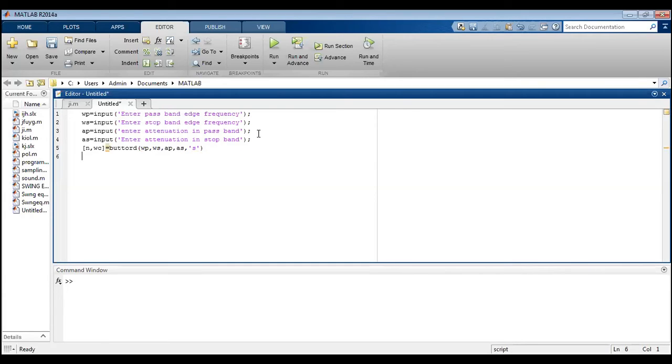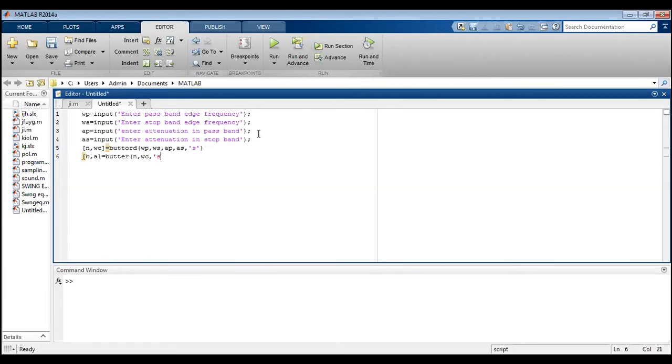Then we have to find out the transfer function also, in the form of an analog transfer function. The transfer function is given by output by input, that is nothing but the zeros and the poles, which can be written using this simple equation, b comma a, which is equal to butter of n comma omega c comma 's'.